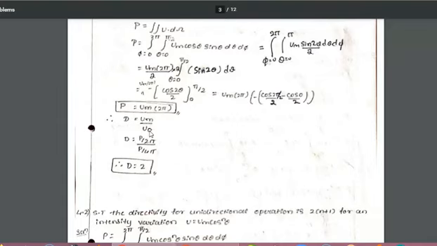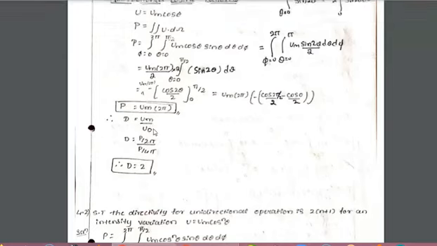So again the directivity will be calculated as Um divided by U naught. For the isotropic point source, P is equal to 4 pi U naught. So U naught is nothing but P divided by 4 pi, and Um is nothing but P divided by 2 pi. So you will have the directivity D equal to 2. These are the 4 patterns which we have discussed under the first problem. Remember: unidirectional sine pattern, cos pattern, and bidirectional cos and sine pattern.